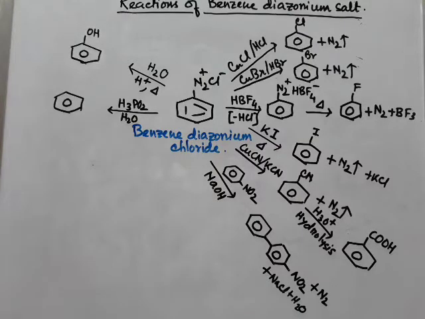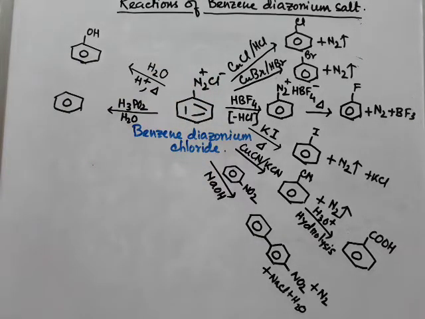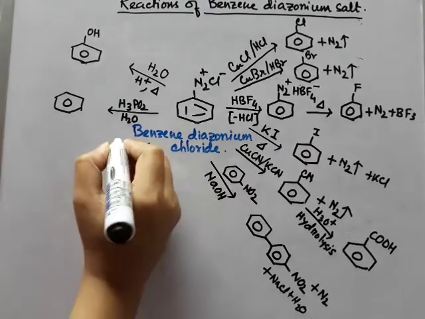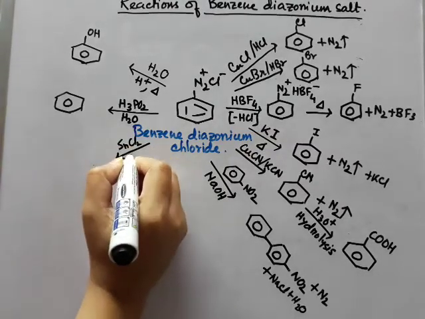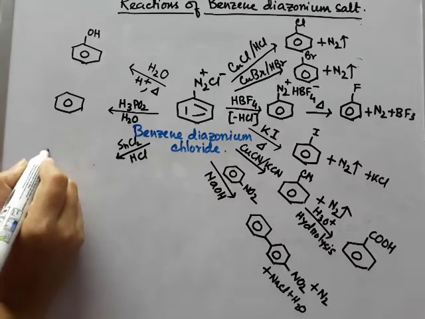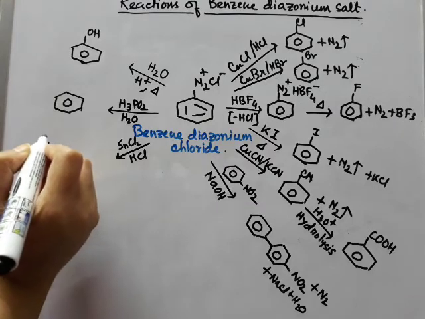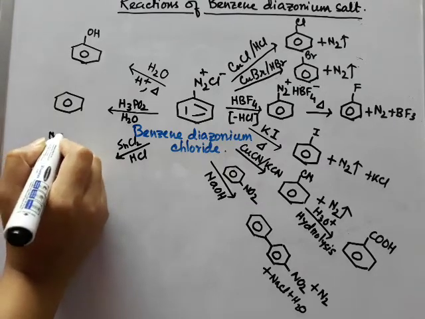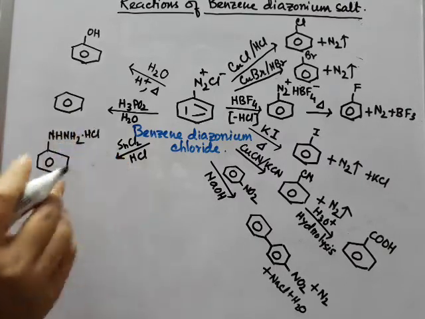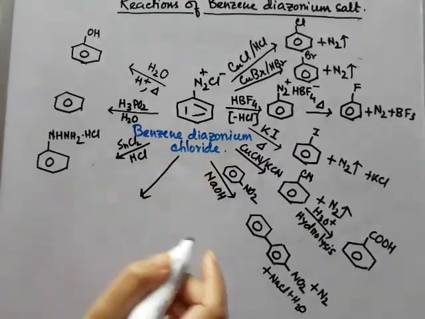Now we will talk about the reduction of this N2+ Cl- group. So when this diazonium salt is reduced by SnCl2 and HCl, then this benzene diazonium chloride is converted into phenyl hydrazine hydrochloride. That means in the form of salt we are getting this one,